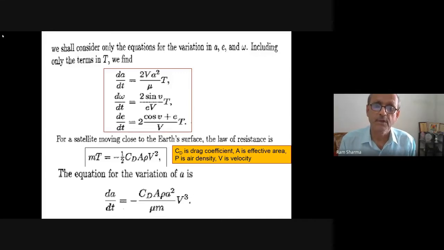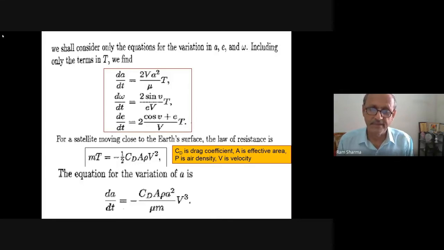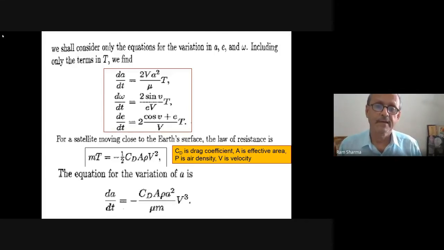dA by dt equal to, we will get an expression for drag. King-Hele was the master in this. King-Hele has written a book, and that book we could not buy because he wrote it in 87. Its cost was 21,000 rupees, and you cannot download even a part of that book from anywhere. King-Hele has written 2 books, one in 64 and one in 87. He has done great work.